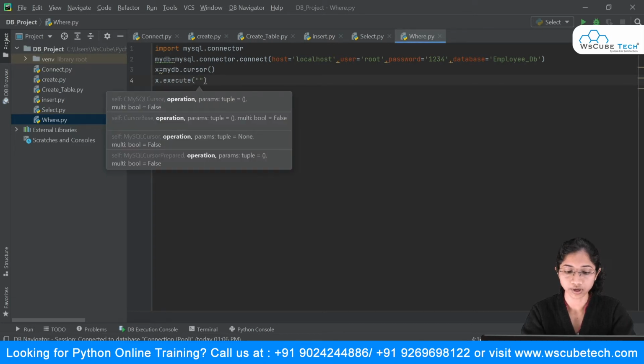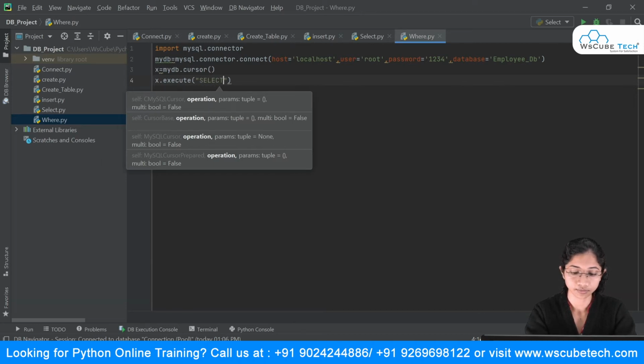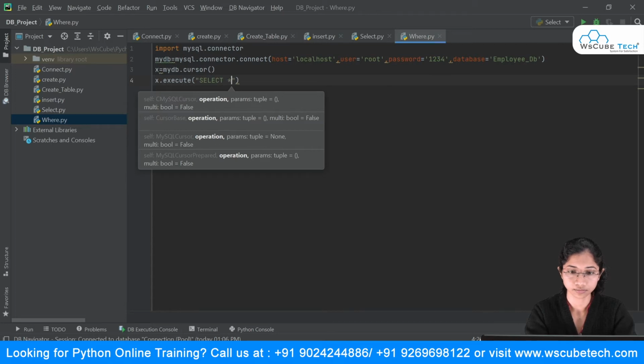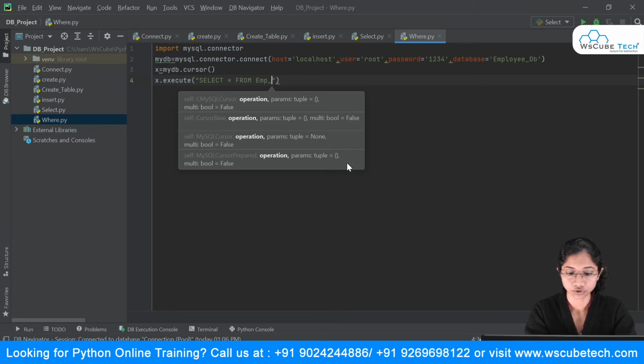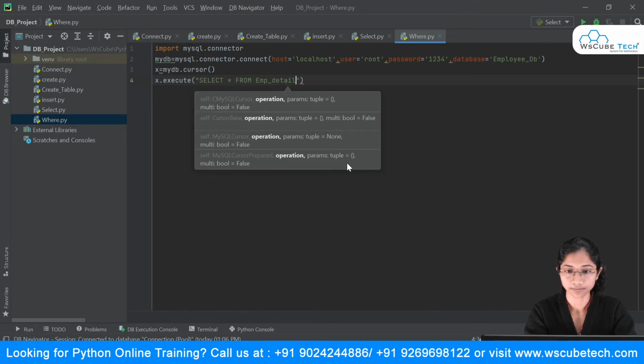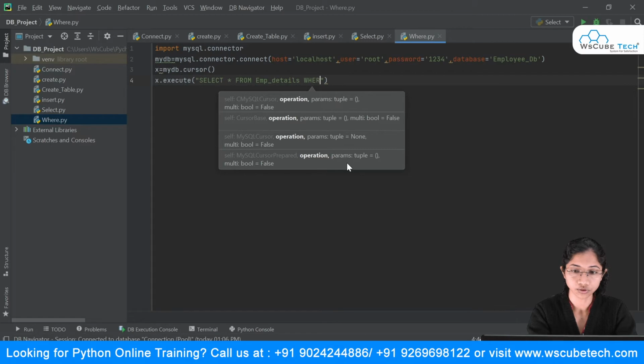In order to write the query for the where statement, I will write select star from, and the table name is emp_details. And I have to make use of this where statement.